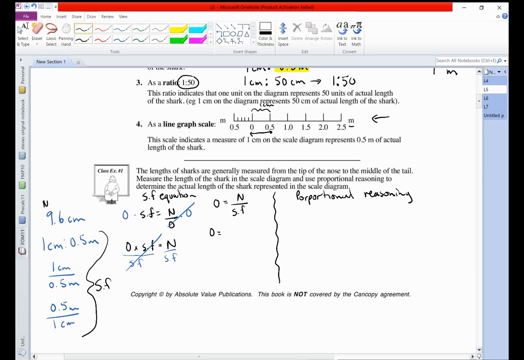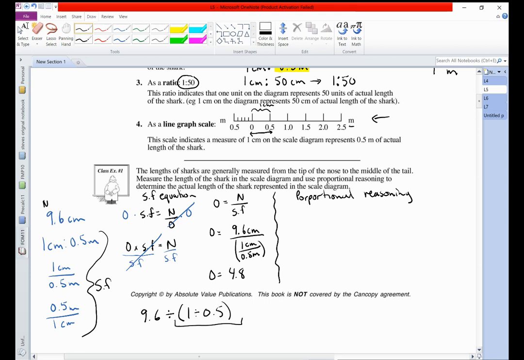So the original length is going to be, well, 9.6 centimeters divided by, well, our scale is 1 centimeter over 0.5 meters. And when we do that in our calculator, what I would do if I was you is go 9.6 divided by, and then in brackets, 1 divided by 0.5. Those brackets are very important because you want that 9.6 to be divided by all of that. So that's how you type it in your calculator, and you should get